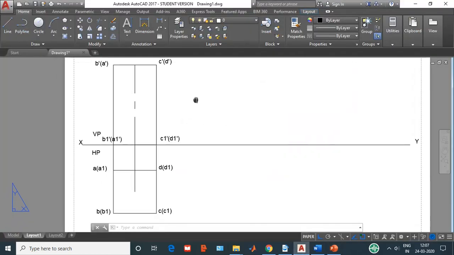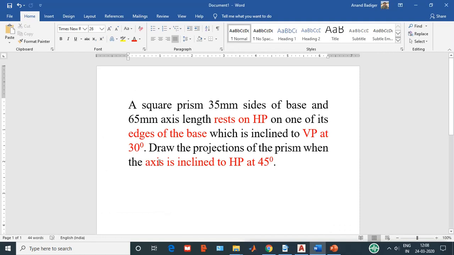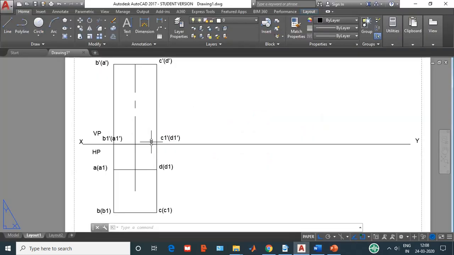So here in this problem, either I have to incline C and D edge or I have to incline A and B. It should be inclined in such a way that the axis is inclined to HP at 45 degrees. Okay, so I need to incline this edge C and D or B and A, anyone, until and unless this axis makes 45 degrees with the XY line. That is what the second position I have to do.